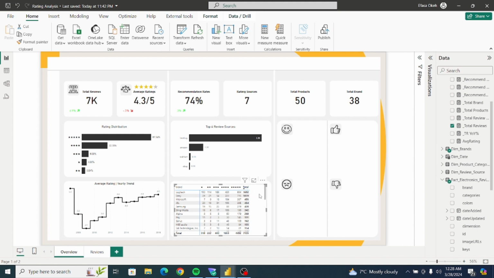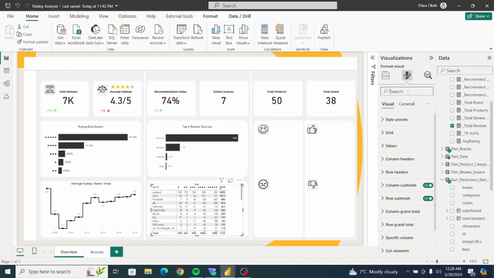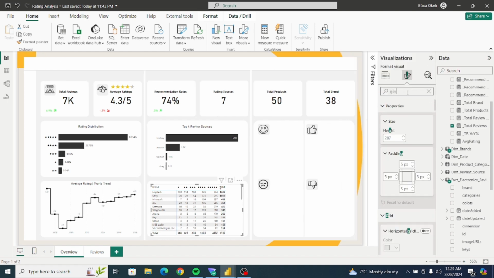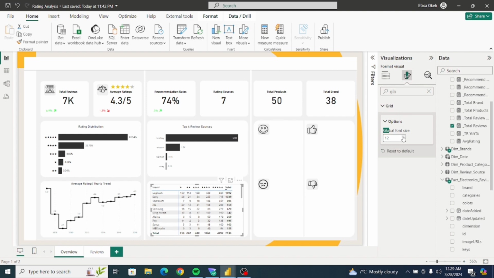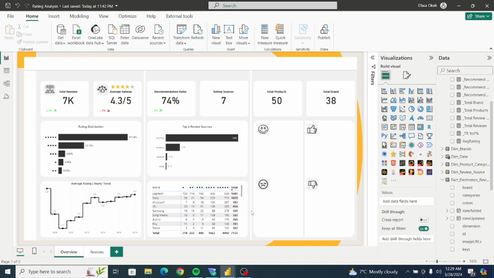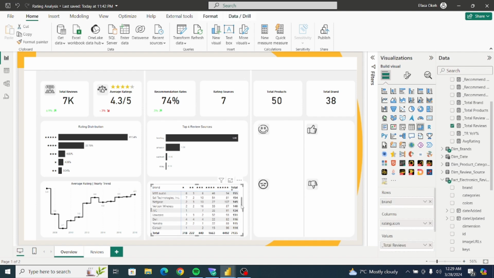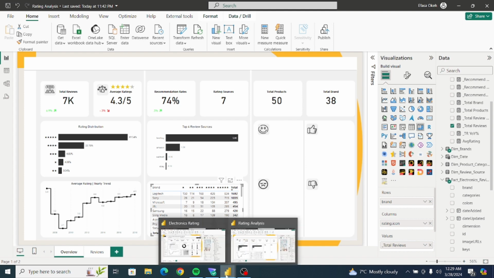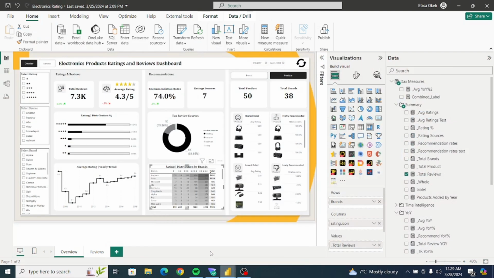So while we're here, I'll simply select this matrix now. I'll come to the visualization. I'll search for global. I'll increase the font size to 12. Next, I'll select this. Select the matrix visual. Let me check compared to what we have here. Okay, so